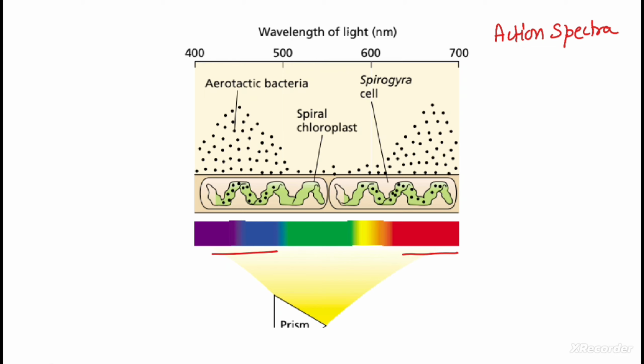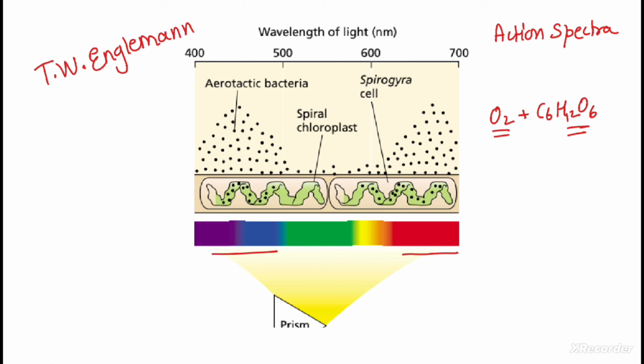And in the process of photosynthesis, oxygen is evolved along with the C6H12O6 molecule that is utilized by the plant itself. Okay, so now in this process, there was a person named T.W. Engelmann. Now this particular scientist used one prism, and he used this prism to split the white light into the 7